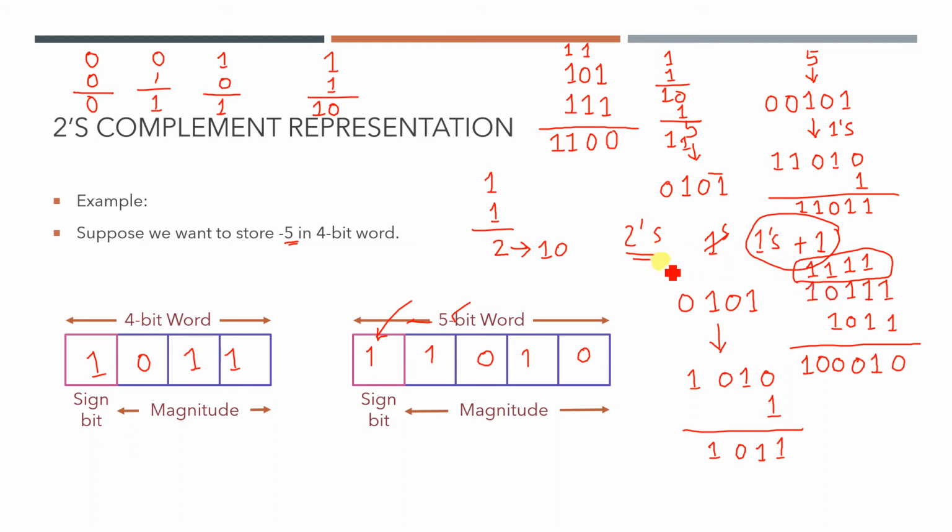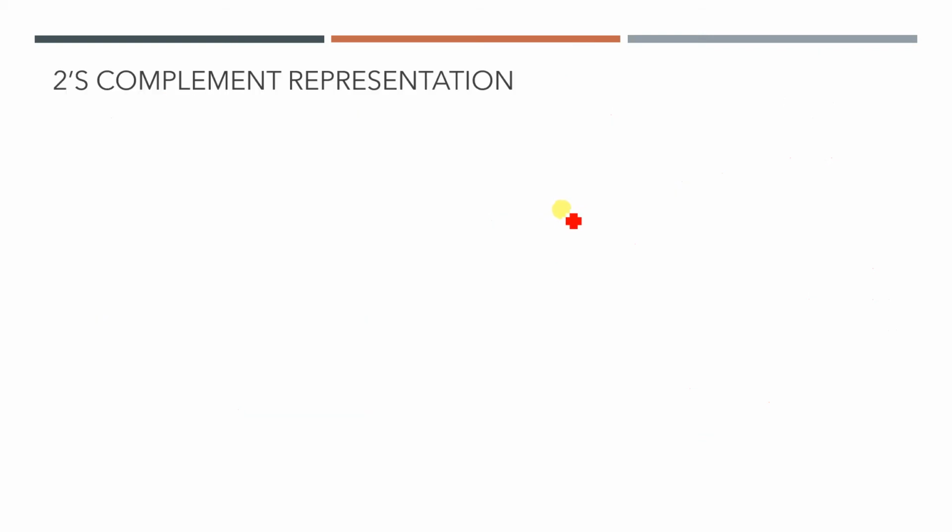Okay, so I hope you understand what the addition procedure is. Now this addition procedure is actually used in 2's complement representation, to find the 2's complement representation. The interesting fact we are going to discuss is coming now. Let's go to the next page.